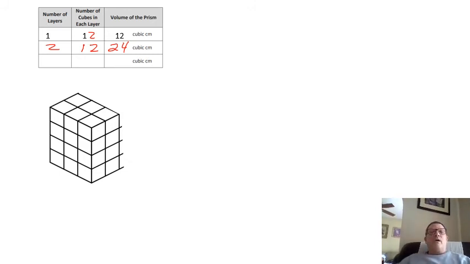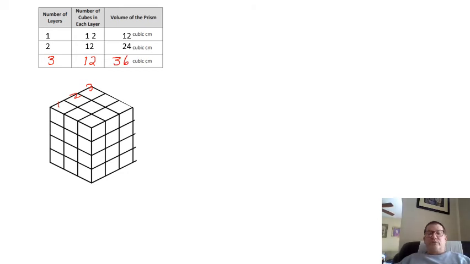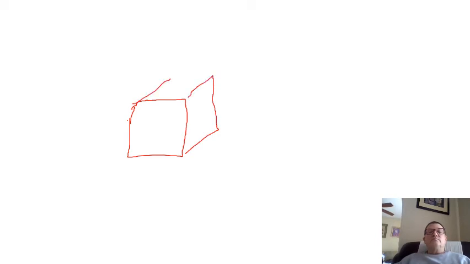All right, let's continue on. Let's add a third layer. There's still 12 in each one, so 3 layers times 12 gives us 36 cubic units. So what we're basically trying to show here is that no matter whether I have a volume cube like this, and I split it up in layers vertically or horizontally, like so,